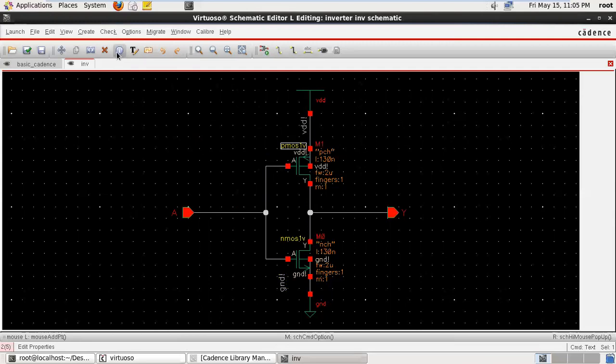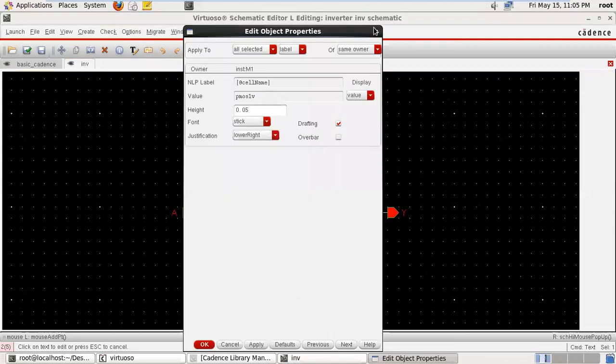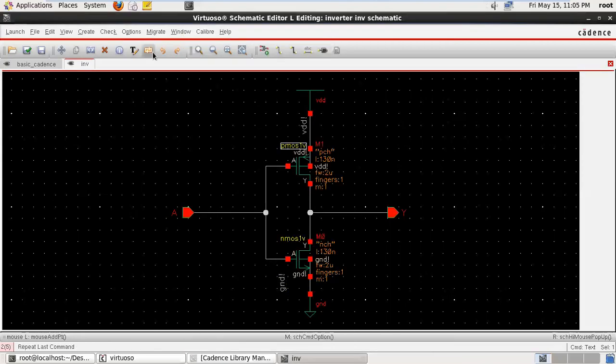So see, that is the edit property. Now next we are talking about direct text edit. Select this command, ground. We want to change this name, so you can give the name. Using direct text edit, we can change the name of our component.